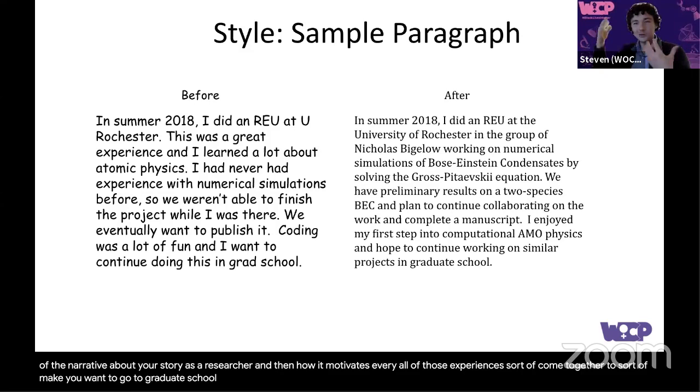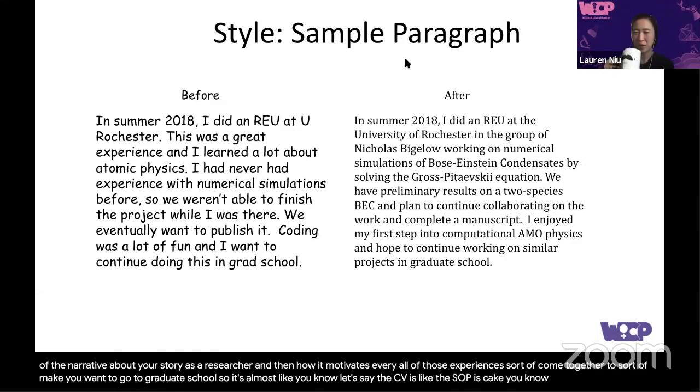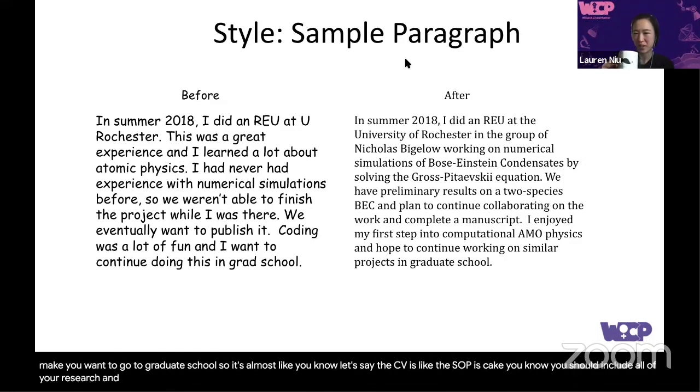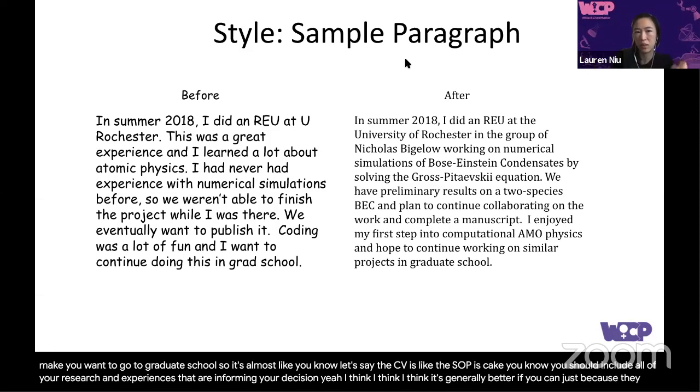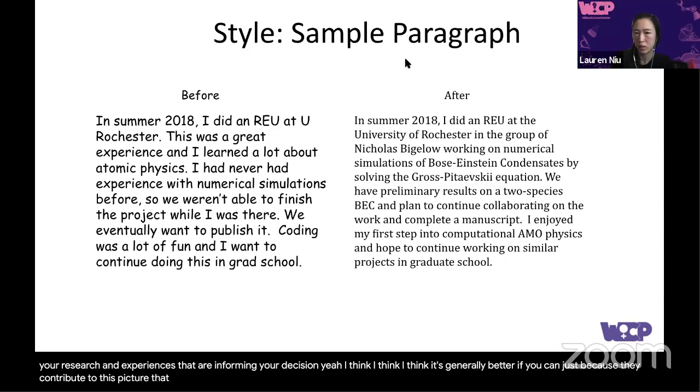So it's almost like, let's say the CV is flour, water, eggs, batter, and then the SOP is the cake. You should include all of your research and experiences that are informing your decision. I think that's generally better if you can, because they contribute to the picture that you are a versatile and dedicated